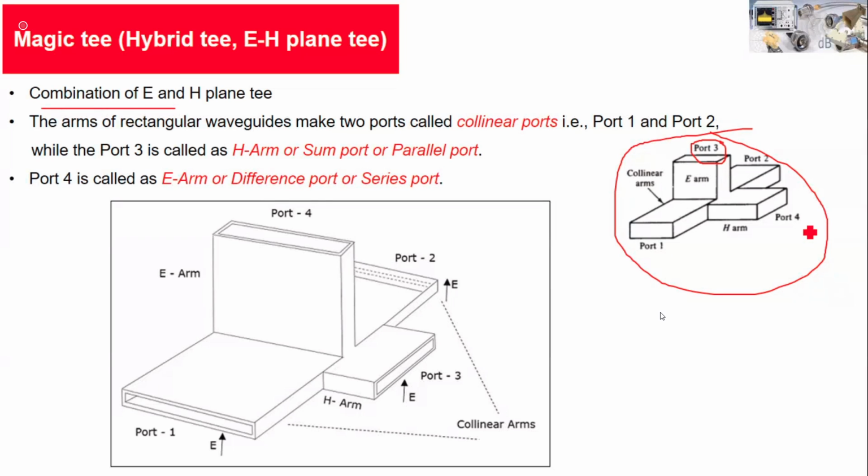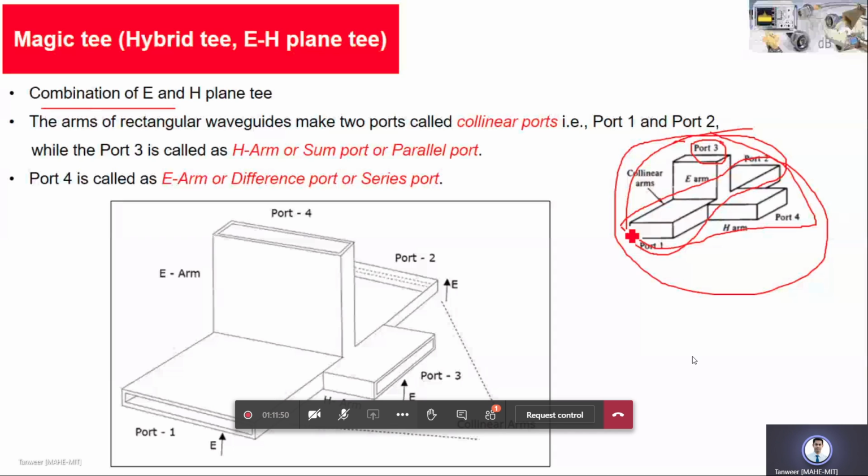It's just a combination, you can see here. On the H plane T, they have kept just one more side arm perpendicular to it. Obviously, it gives rise to an E plane T. So this portion, if you see here, is an E plane T, and this portion is an H plane T. So it is just a combination of E and H, and these Ts are very important in calculating impedance matching of a transmitter, a receiver, a null detector. Many things are there that we will see. Understood?